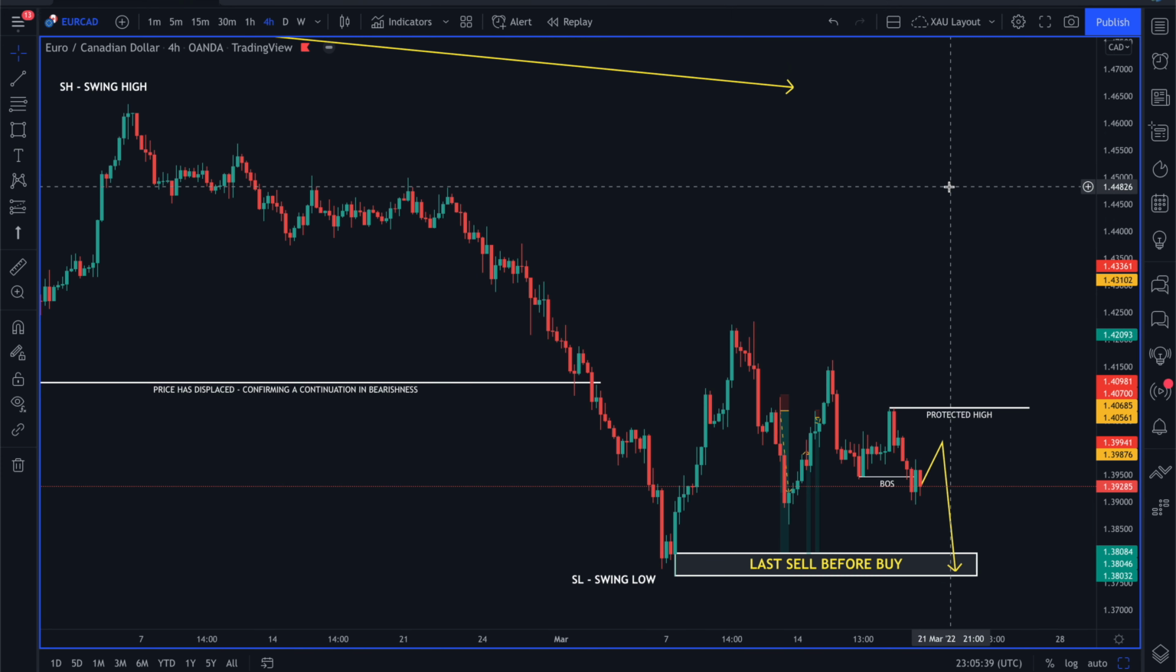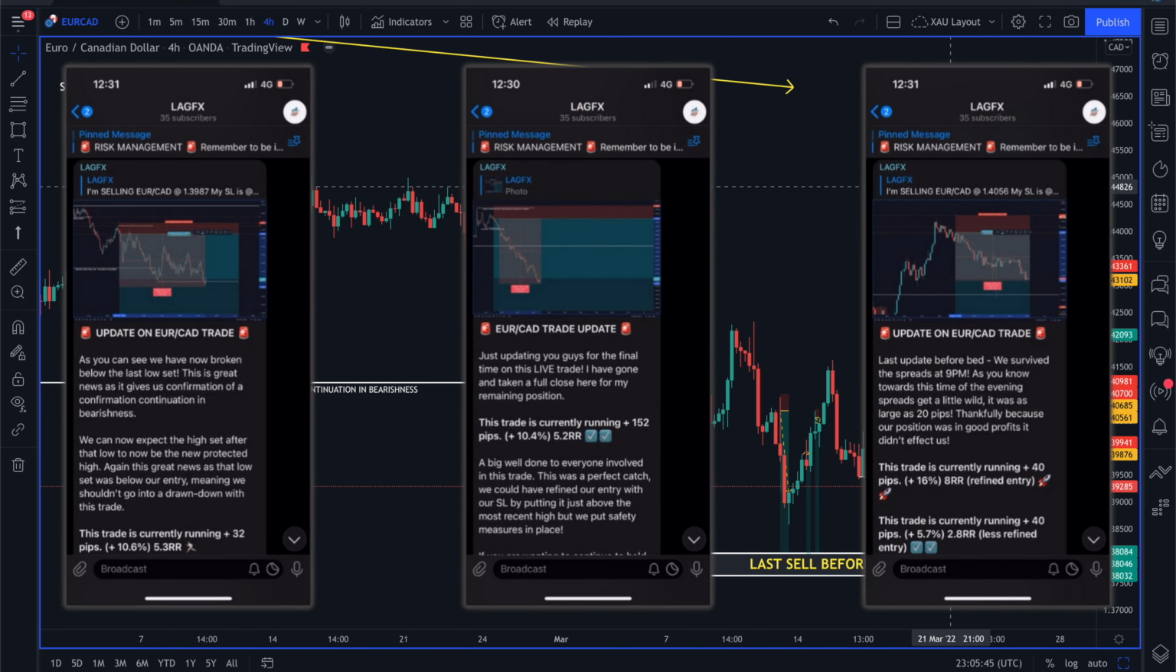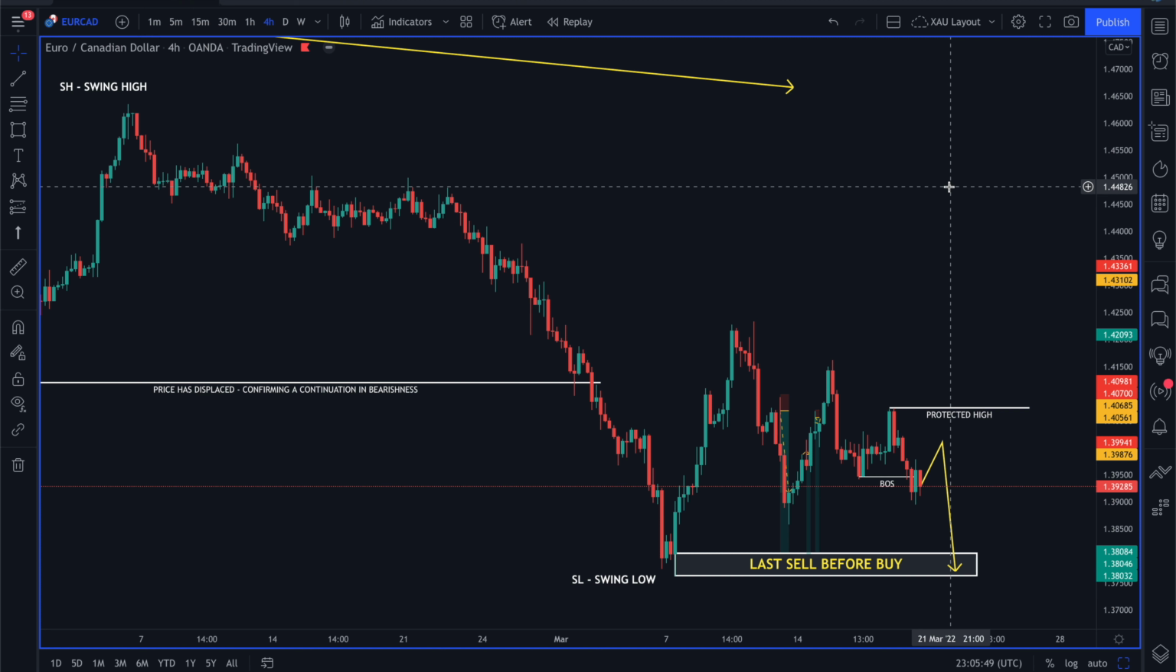So the first pair that I'm going to be looking at today is the Euro CAD. This is a pair that we have been capitalizing on throughout the past 2 weeks, and I am really looking to capitalize on it this coming week. We have just seen some displacement, breaks of structure to the downside, and I am looking to capitalize on that swing. So as we can see, this is on the higher time frame, so this is on the 4-hour time